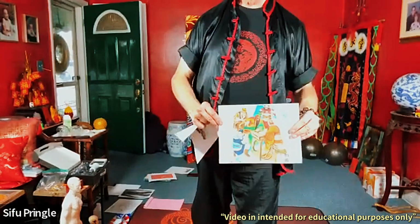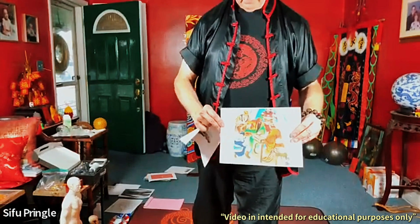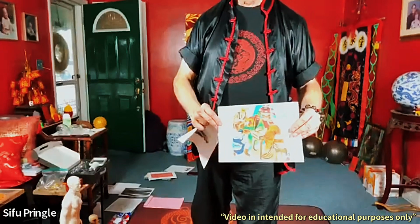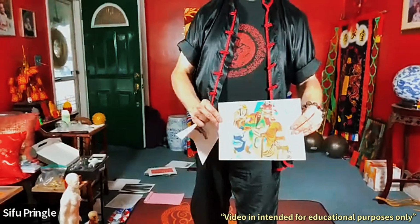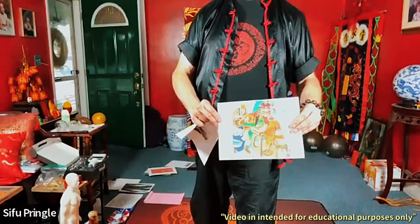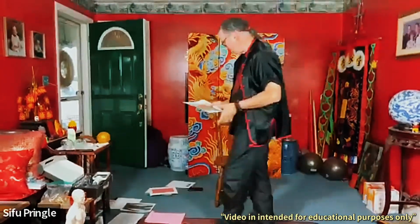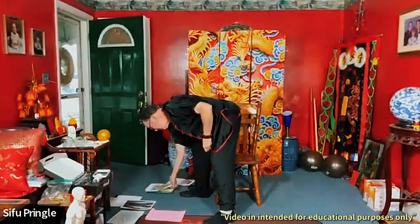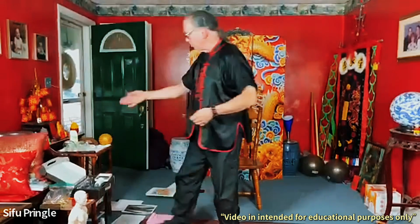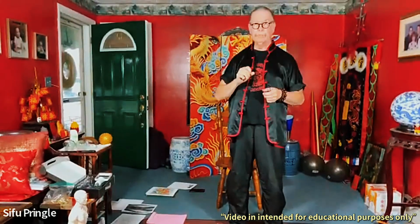He was playing chess or mahjong, not really sure, but Dr. Hua Tuo was using an incision cut and scraping the bone to get the poison off. And Guan Yu was supposedly just nonchalantly playing chess, not worried about it. Pretty amazing. So different types of needles. Nowadays, most of them look the same, long, thin. And you can get fairly long ones, of course, and very short ones, depending on the affliction that you have